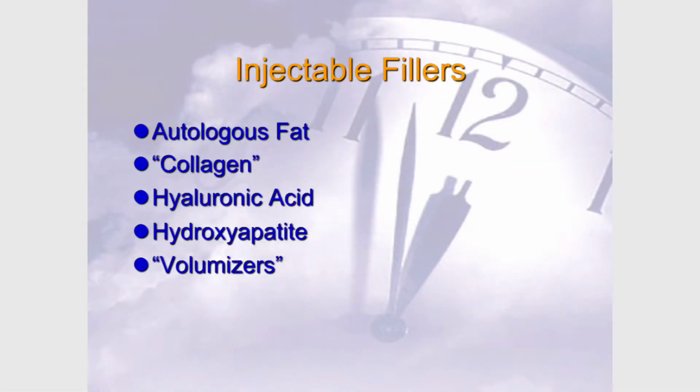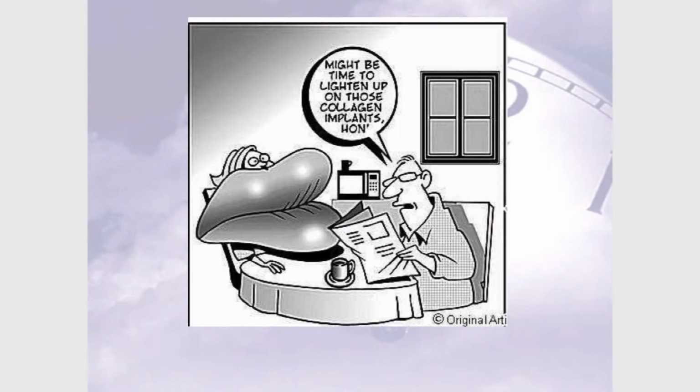And then we get to the volumizers, and there's really 2 in that category. One is Voluma, which we've already talked about as that product of the year last year. And the other is Sculptra, which is a more intensive product to use. But when you think about